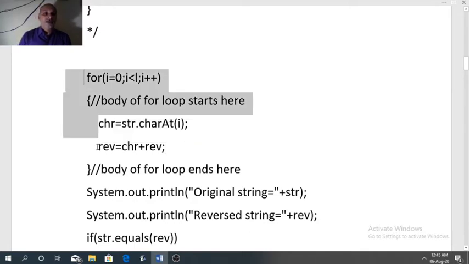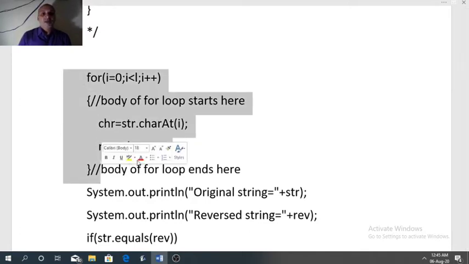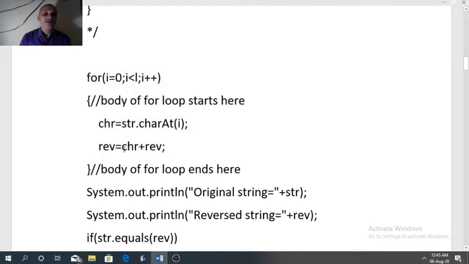So this is the logic here. When we start the forward loop, that is I equal to 0, I less than L, I plus plus, means from 0 index to L minus 1 index, we are extracting. In that case, the character at these indexes will be added before the rev. This is the logic.